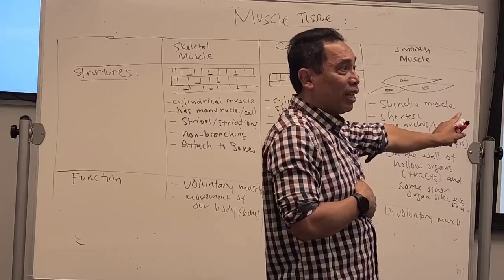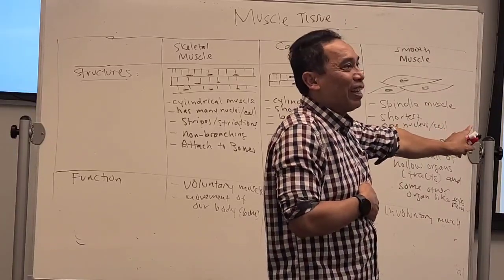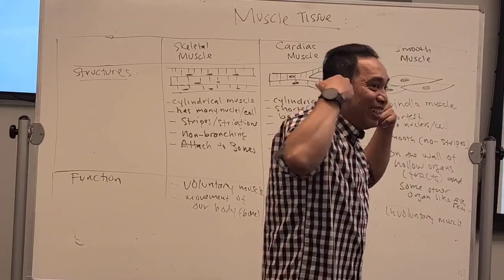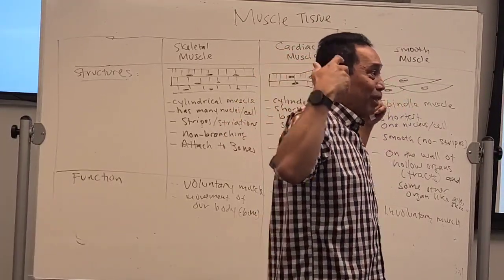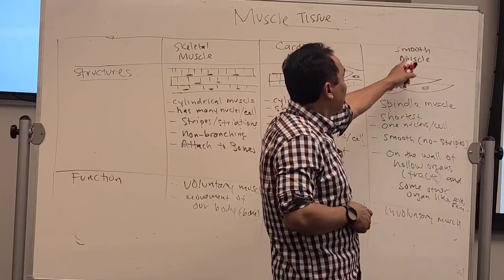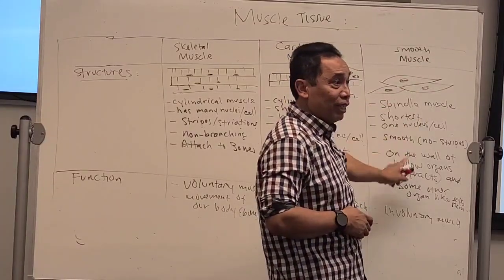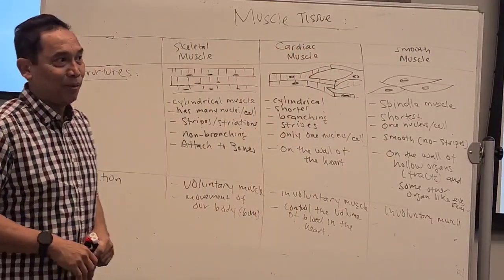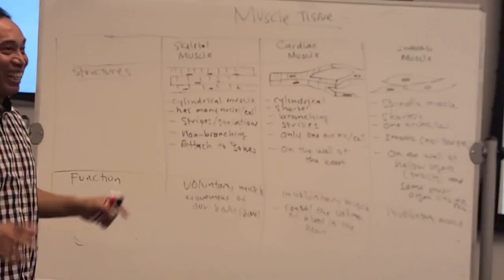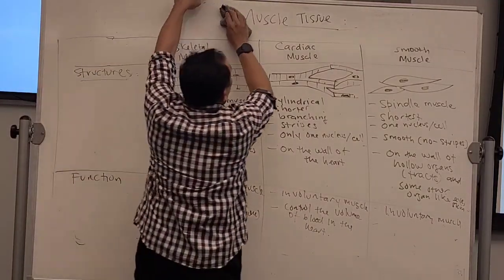If you see a scary movie, or at Halloween, what happens with your hair? It goosebumps by itself, right? So you cannot control it. Because what? It's controlled by the smooth muscle, which is involuntary muscle. You follow this? That's the muscle. We're done with the muscle. The last one. What is the last one?